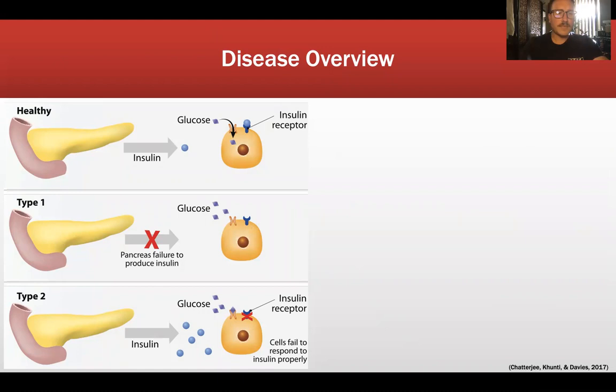So in the top left corner, you can see what a healthy, normal example is of a pancreas. The pancreas has beta cells, and inside those islets of Langerhans, you have those beta cells that release insulin, and insulin is released in response to high elevation of blood glucose after you eat a meal. And so the insulin receptor binds to the cell, and that allows glucose to be transported and taken up and leave